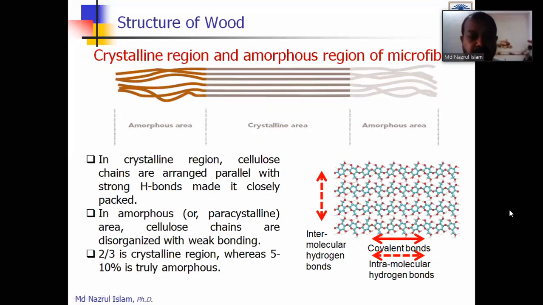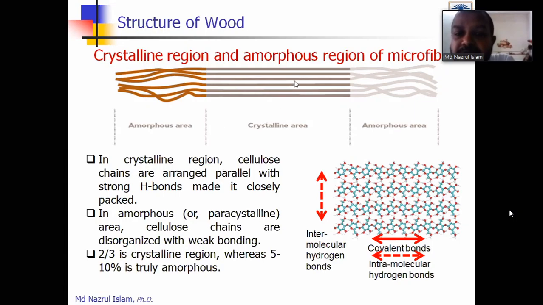You know microfibril, and also you know what a cellulose chain is. The cellulose chain is made from glucose. Now one more terminology I think you know. In the microfibril, you have earlier studied that there are two different regions: one is the crystalline region and the other is the amorphous region. In the crystalline region, the cellulose chains are parallel to each other. In the amorphous region, the cellulose chains are not parallel, they are in irregular shape.